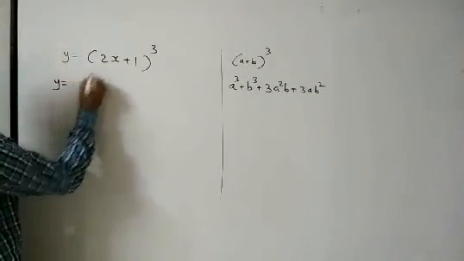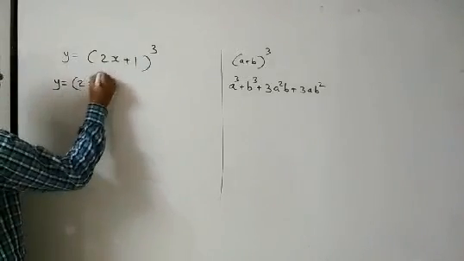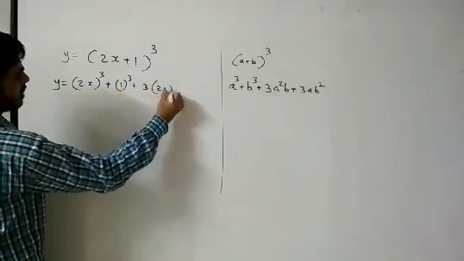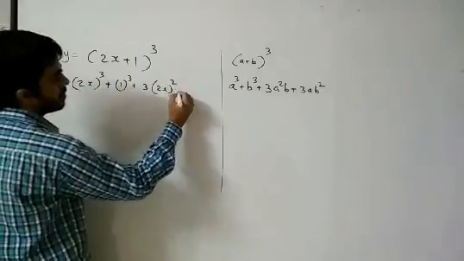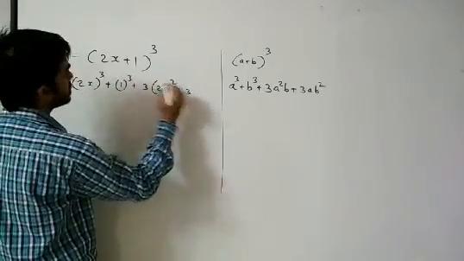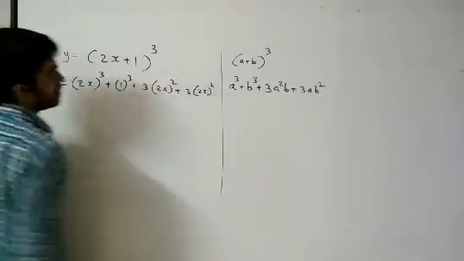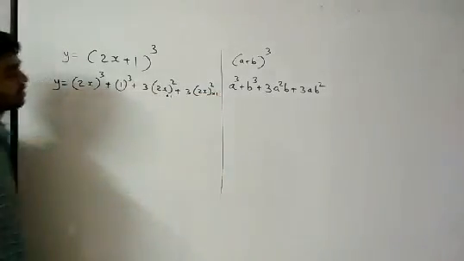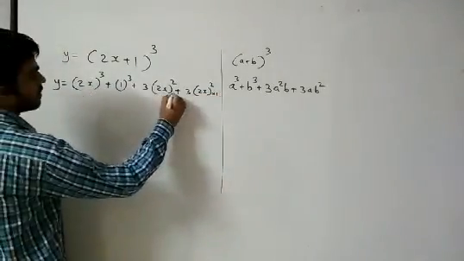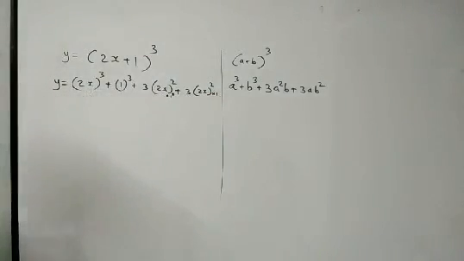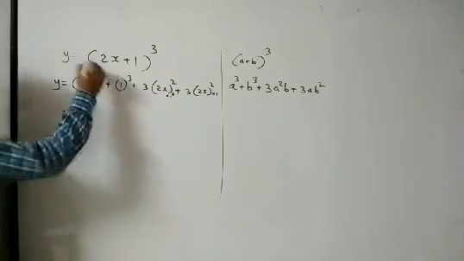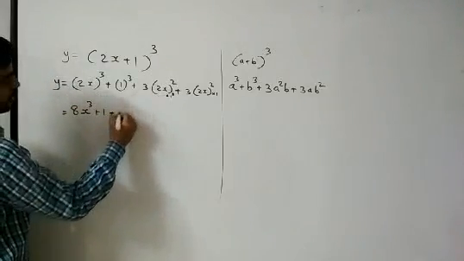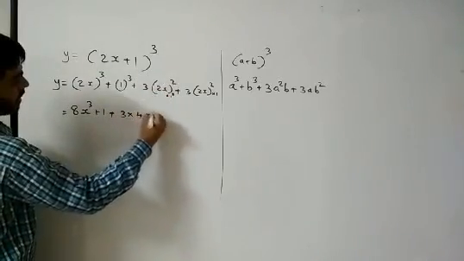So let us take this function, 2x plus 1. So 2x whole cube plus 1 cube plus 3 a square b, where a here is 2x, so 2x square into 1, plus 3 a b square, so 2x into 1 square. That gives 8x cube plus 1, 3 into 4x square,